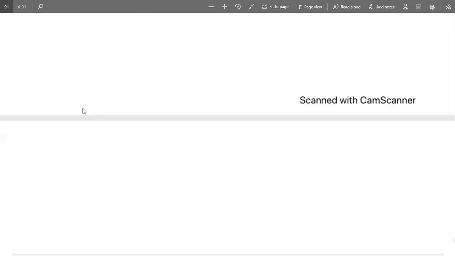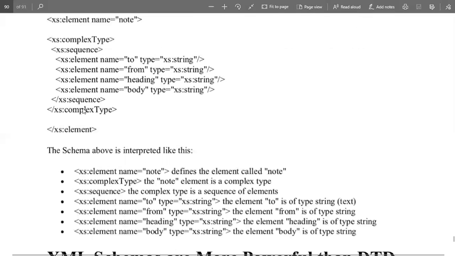So this is the concept we use for validations, whether DTD is appropriate or whether schema is appropriate. Both have their own features, their own pros and cons. But whenever we compare both concepts, because the structure is similar to XML, schema is easier than DTD, because DTD has a specific format. We have to follow that, but in schema we can modify it according to our requirement.